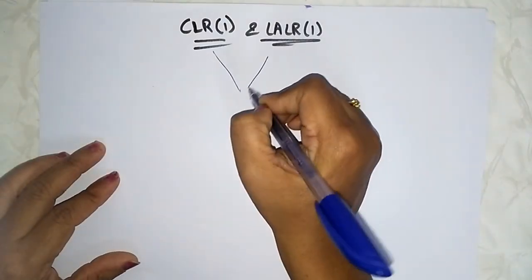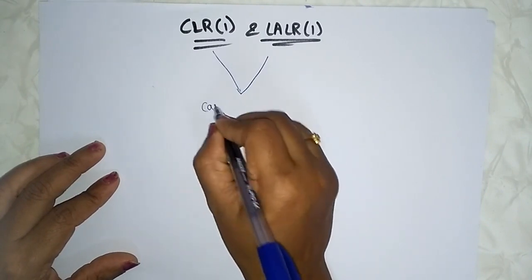Hi students, let's come to the last topic in LR parsing, that is the CLR and LALR(1) parsing tables. I said LR(0) and SLR(1)... the only difference between all the parsing tables is the construction of the parsing table. The construction of the parsing table is the only difference for all the LR parsings. So LR(0) and SLR(1) use the canonical collection of LR(0) items, whereas CLR and LALR use the canonical collection of